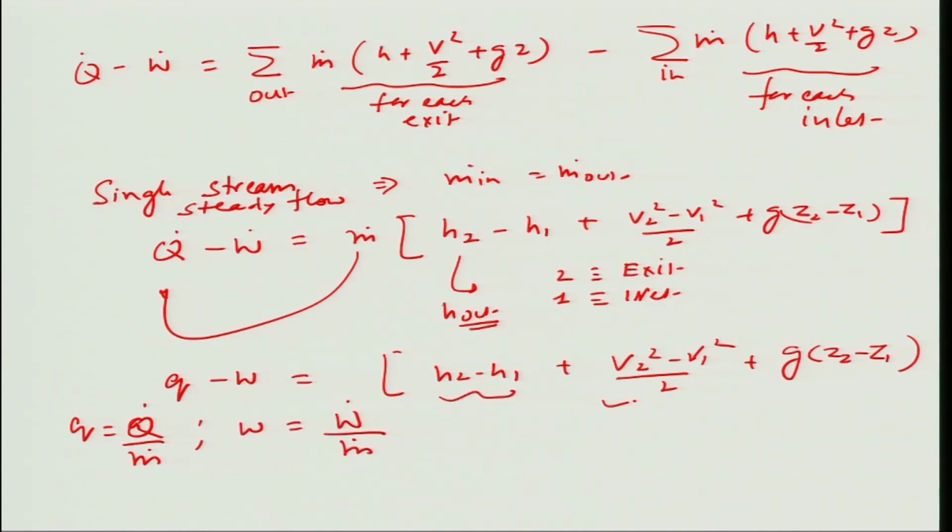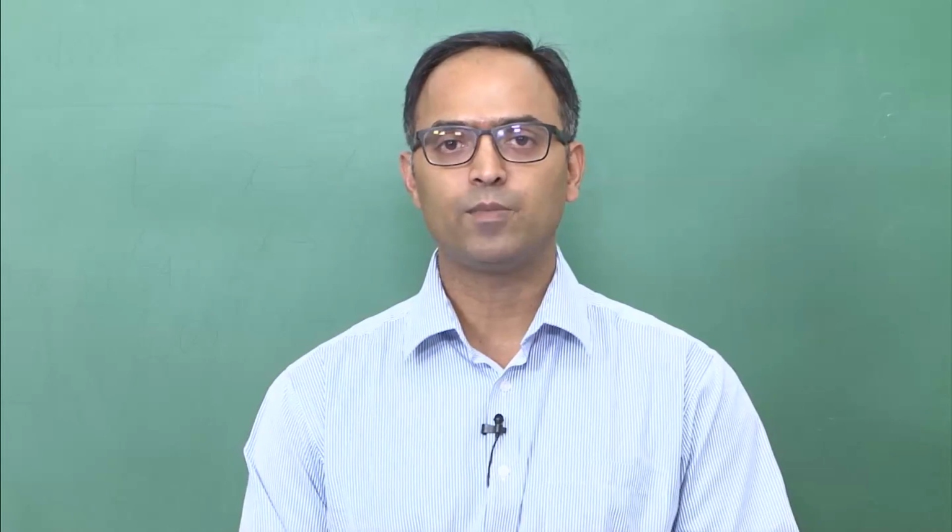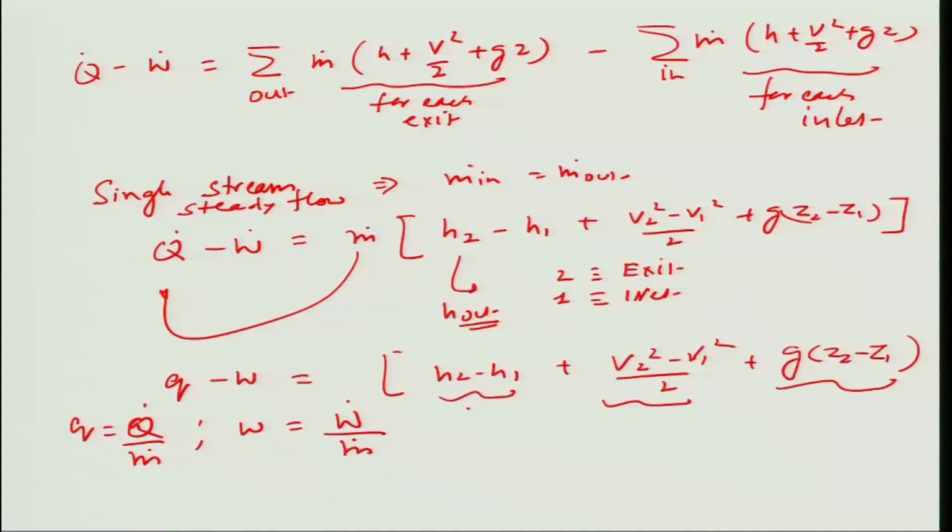Here you have three terms. Okay, so most of the time you will be ignoring the kinetic energy and the potential energy, because these typically have a very low contribution in this equation compared to the change in enthalpy. Okay, so you can calculate, for example, delta h from the tables, or